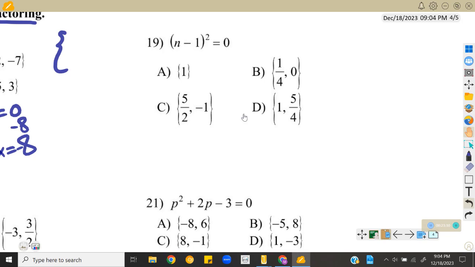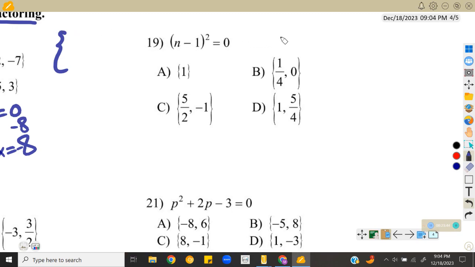So now looking at number 19, we have a couple ideas to do here. One of the ideas is, well, find which number would possibly make it true, okay? What number can you subtract 1 from and then square it, and then you get 0? Some of you guys might be afraid to go through and do the work, but it's not really that much work. In this case, we can solve this by doing square roots, or you can solve it by factoring,